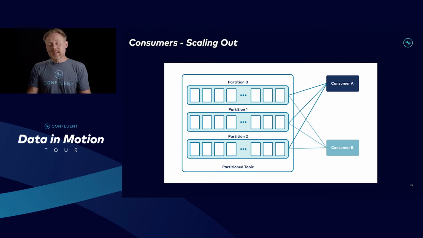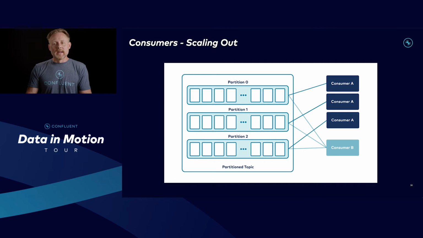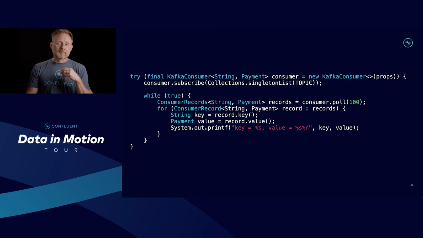But I can also scale out a consumer. So if I add a consumer to an instance of consumer A, the partitions reshuffle. And if I add another one, well, I've scaled out yet again. The partitions reshuffle again. And that's super cool, that works. But